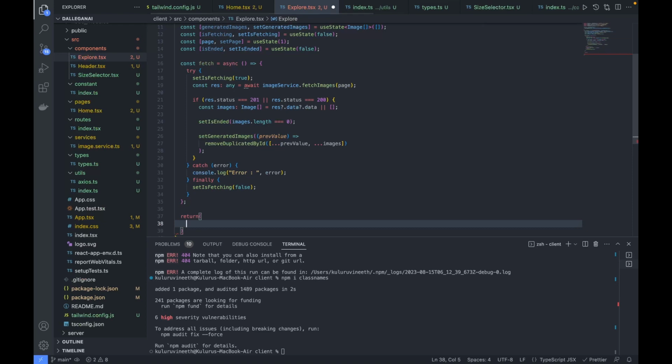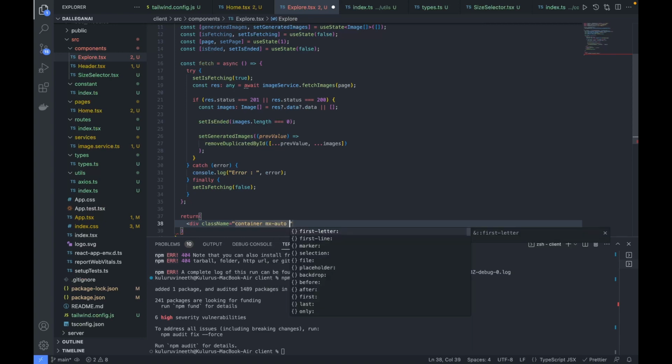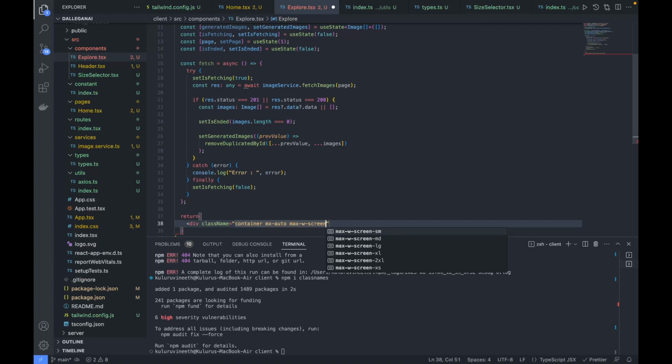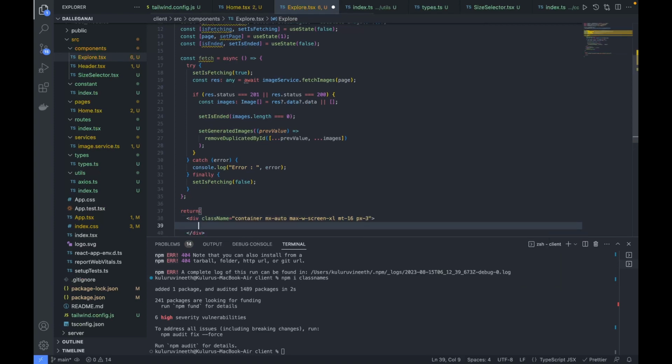Let's wrap everything inside a div, and let's make this a container. A margin x auto, and for the max width, let's give this screen excel. And the margin top I'm going to give as 16. Let's have the padding x as 3. Okay, fine, so here the first thing